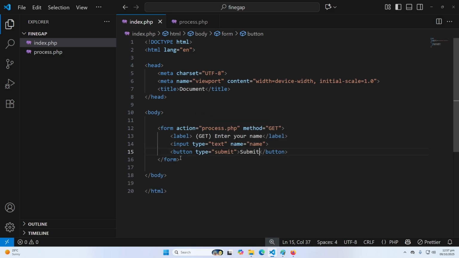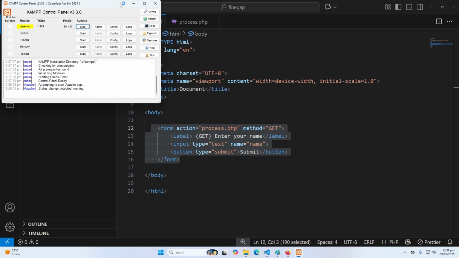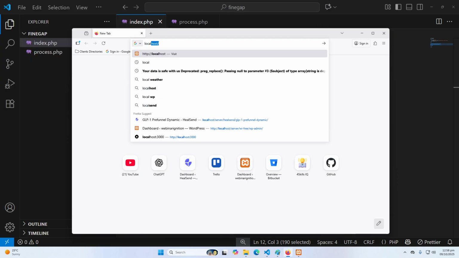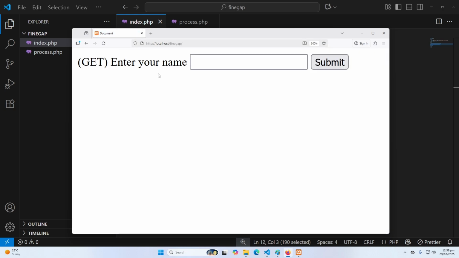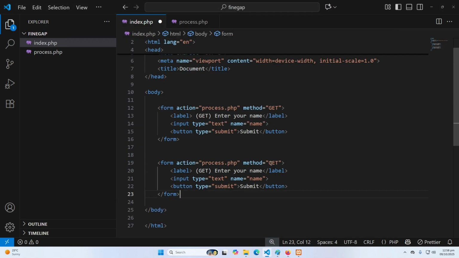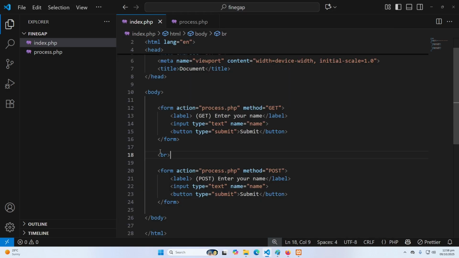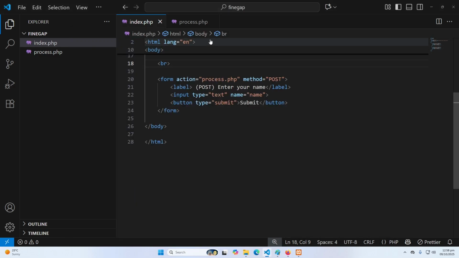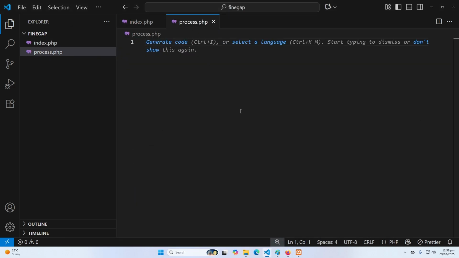Okay, now I will just open my XAMPP. I need to start my server. In my browser, I will type localhost and FineGap. And you can see that we have this form. Let's just duplicate this. And here I will change the method from get to post. Here I will also type post so you can understand that this label is of post and this is for get. Now we have two forms. Let me add a line break. Okay, now in the process.php, obviously we need to receive this data and we can process it